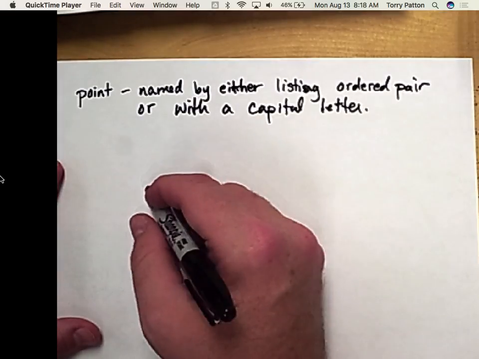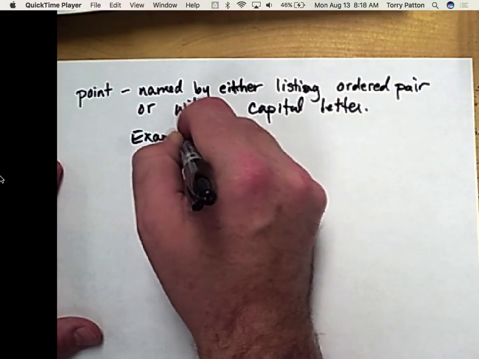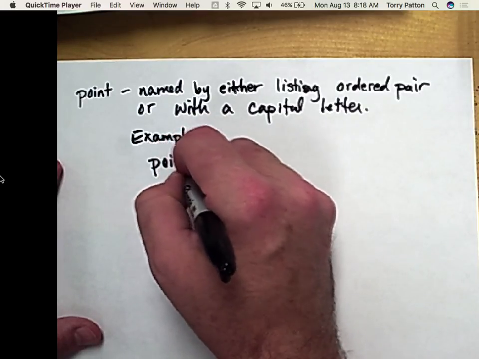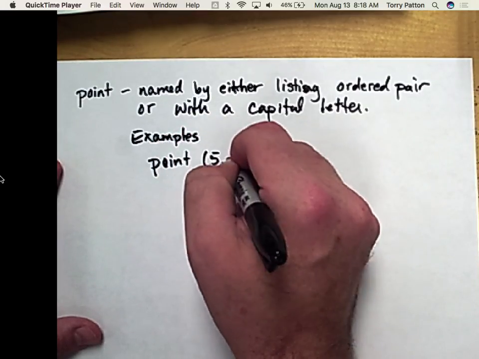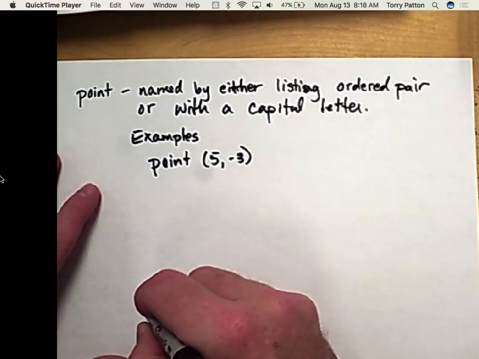So you could say, examples. You could say the point (5, -3). Right? And everybody would know what you mean there, right? You'd start at the origin, go right 5, down 3, and that would be the point you're talking about. But if you had this diagram,